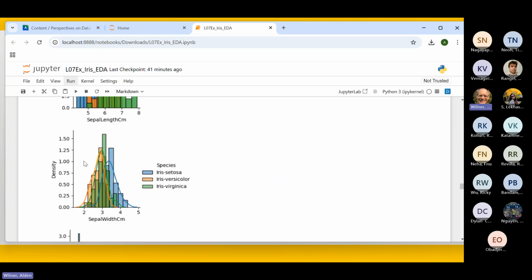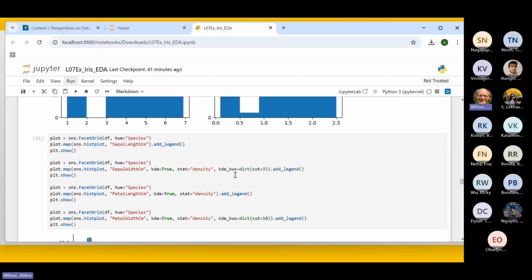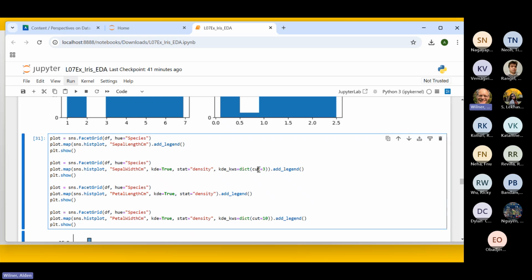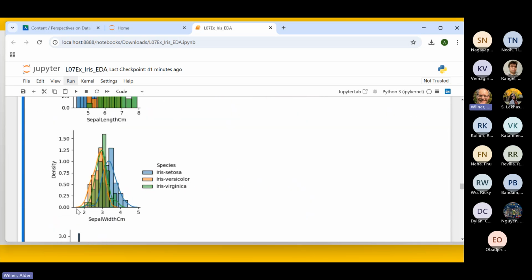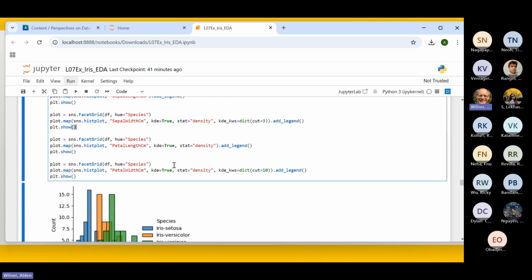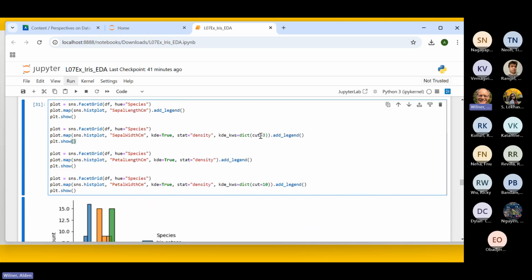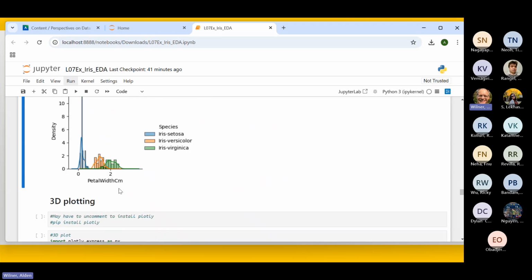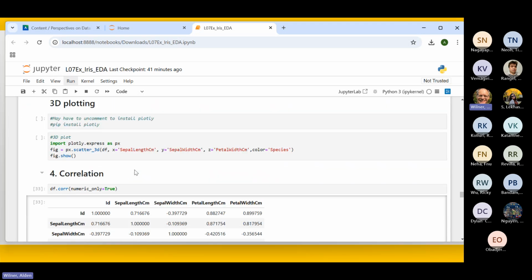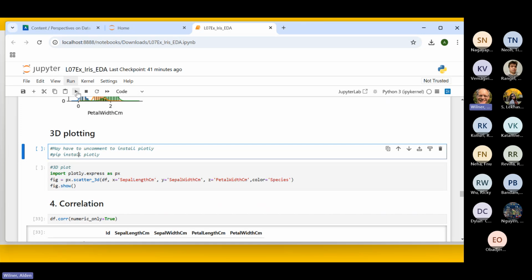So here's our grids. And again, here we add the KDE with a cut equals 3. What this is going to do is draw basically a smooth curve out to 3 standard deviations. You can say cut equals 2. It'll be shorter. If here we do a cut equals 10, you can see on this graph, the smooth curves go really far out from the data. Finally, we can do a